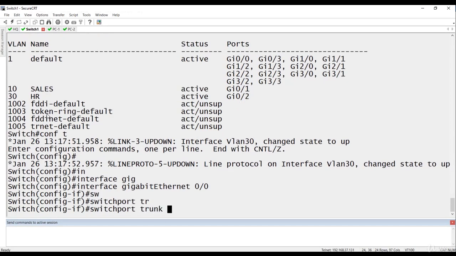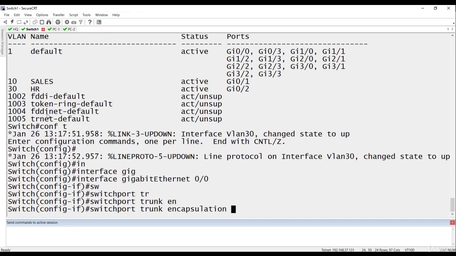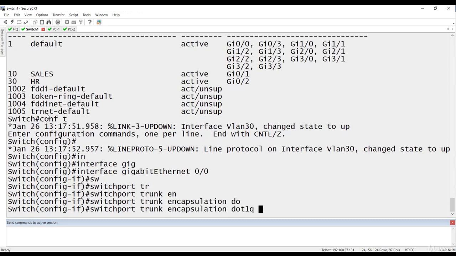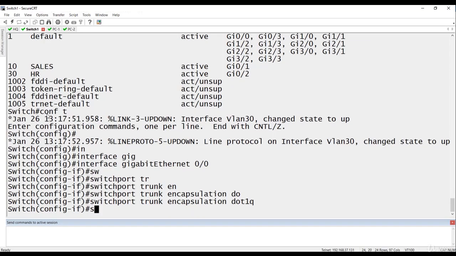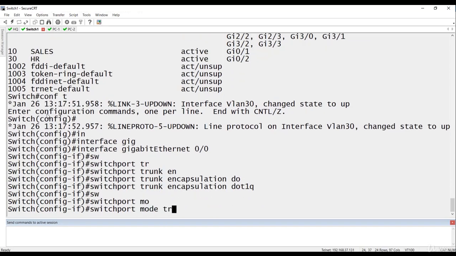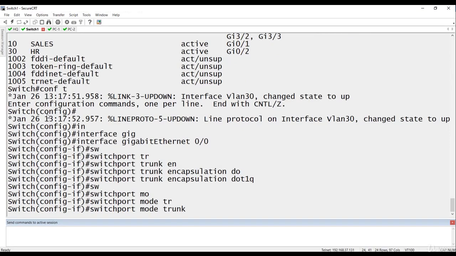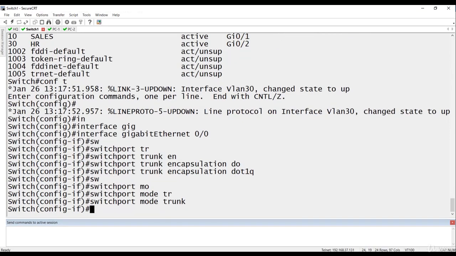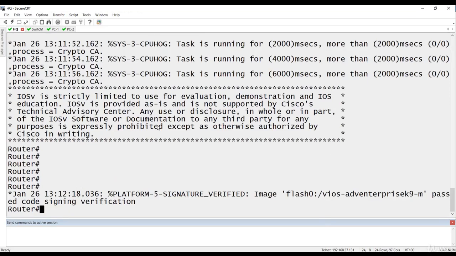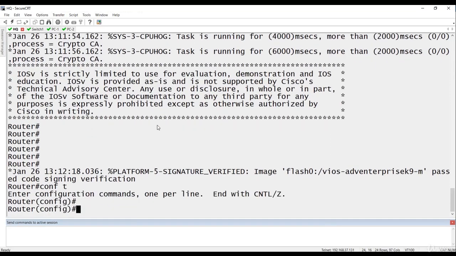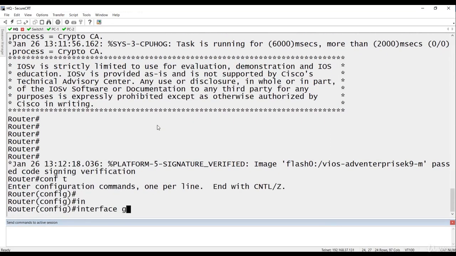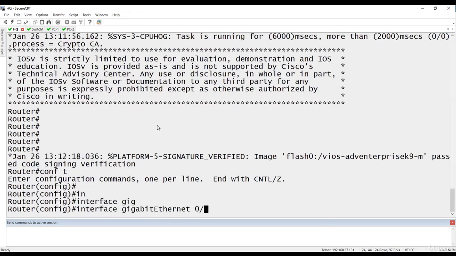So I will convert this port to a trunk, so dot1q, and the way you convert it, you use this command: switchport trunk encapsulation dot1q, and you need to enable the trunk, which is switchport mode trunk, enter. Okay, so we'll go to the router and go inside global configuration,